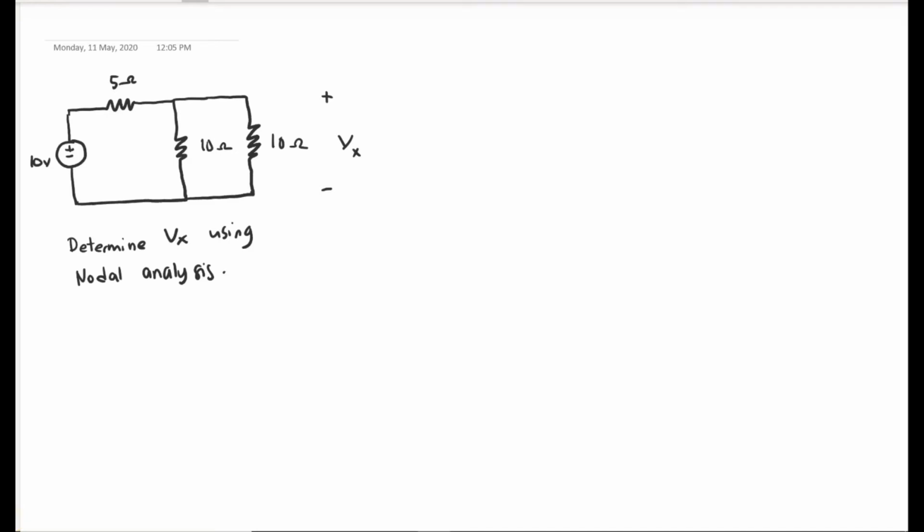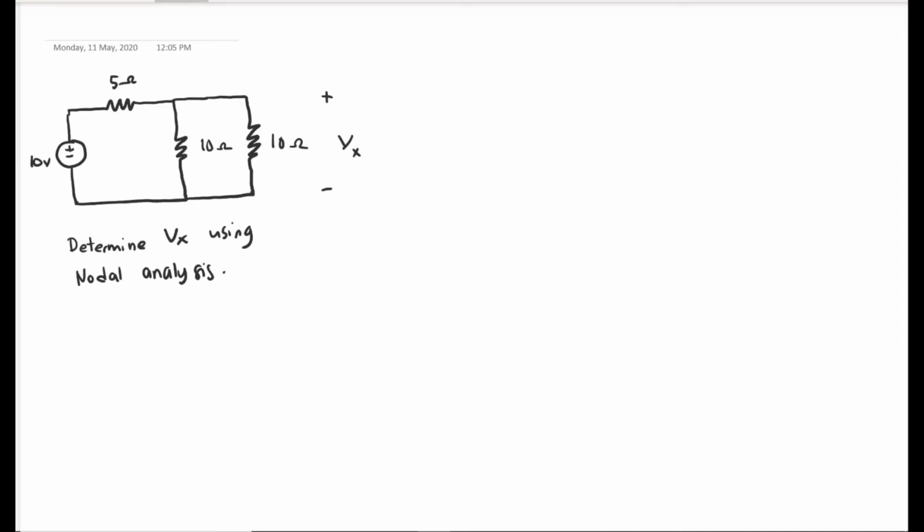Take a look at this example. Determine Vx using nodal analysis. You have to consider the steps in order to solve the nodal. For the first step, which is